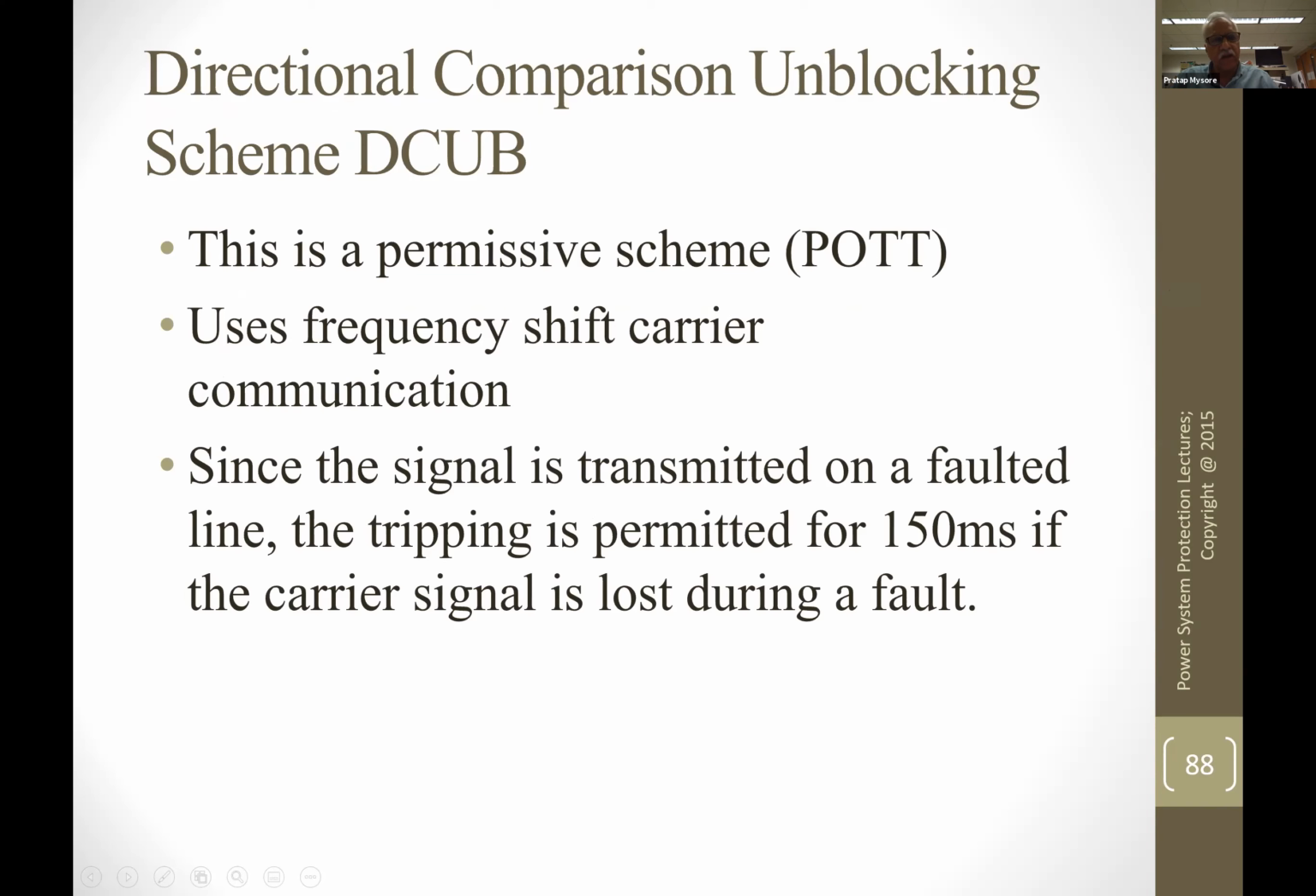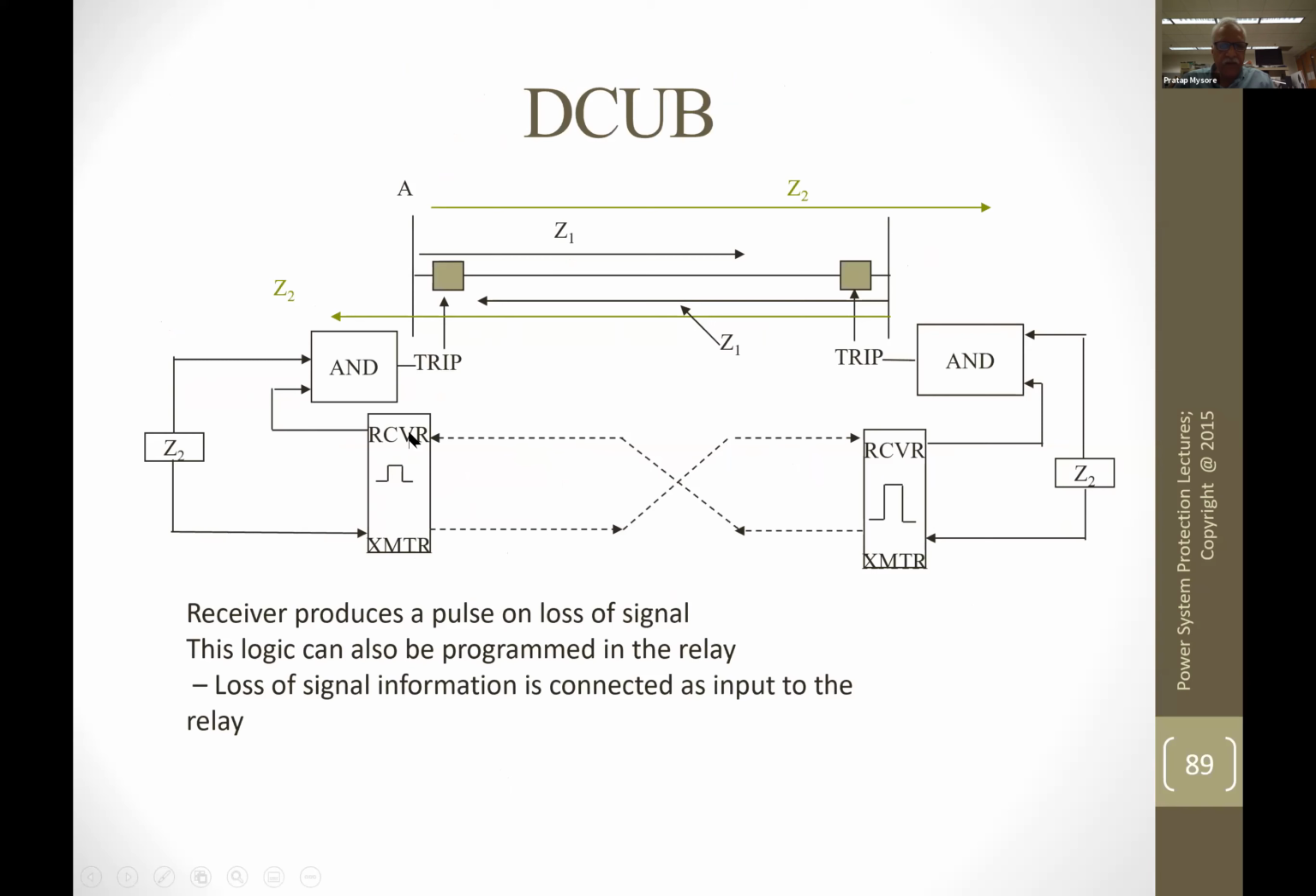There is another permissive scheme, called the directional comparison unblocking scheme. The name uses unblocking, so it causes confusion. This was a scheme developed by the Westinghouse protection group, and this is also a permissive scheme. They use frequency shift carrier communication. That is, you have a normal carrier frequency which is exchanged between the transmitter and receiver at both ends. And then as soon as a fault occurs, the frequency is shifted, and you send a trip frequency. So you know that you are getting a trip signal from the remote end, right? What happens here is,